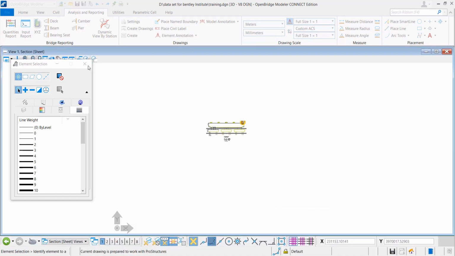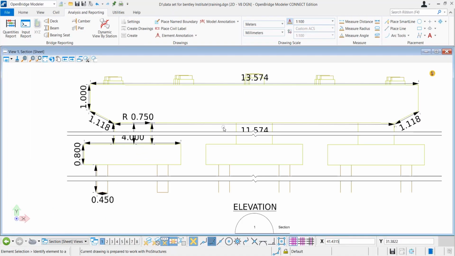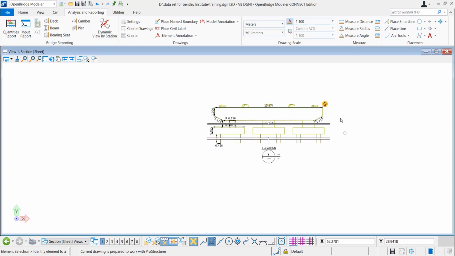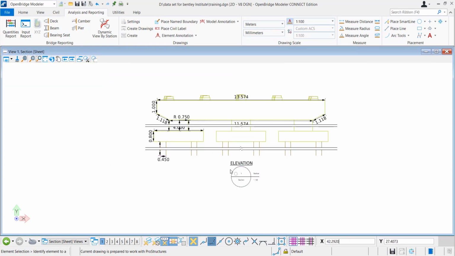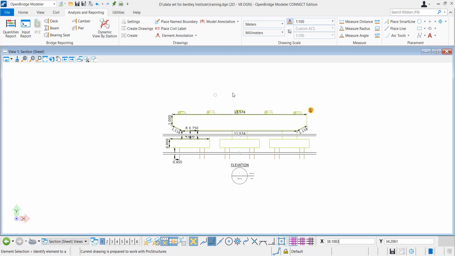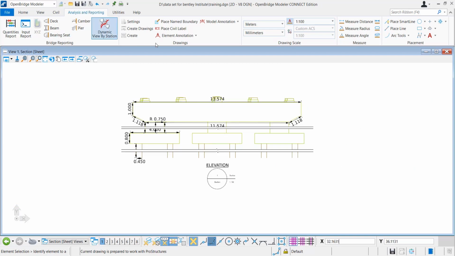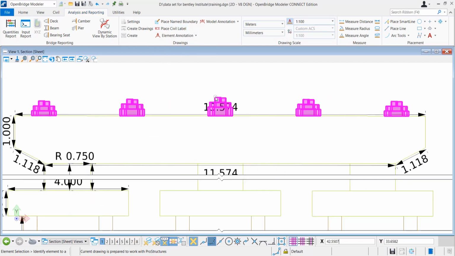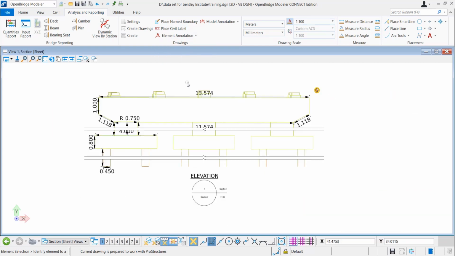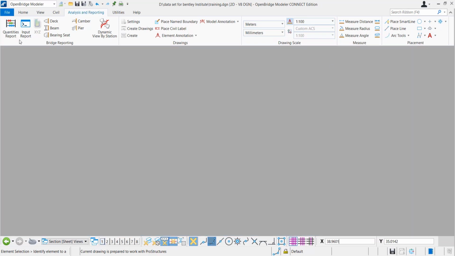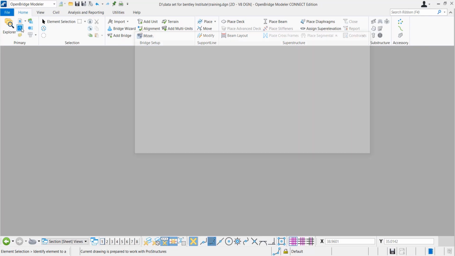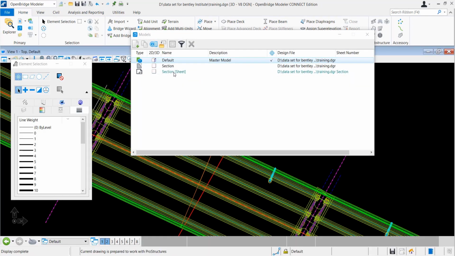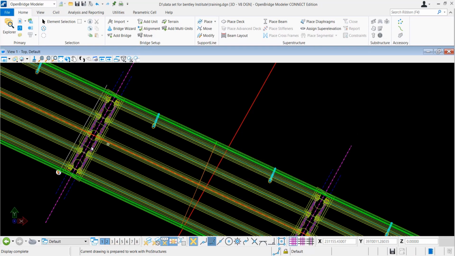You can see that pier cross sections are available. As this one is the skew one, you can see that it has taken perpendicular views, and that's why there are different pedestal seat elevations, right? Similarly, you can create the pier section for different piers as well. That's what I will try to do. Once you create your seat model, by default it will change, and from here you can see different models available under this tab.